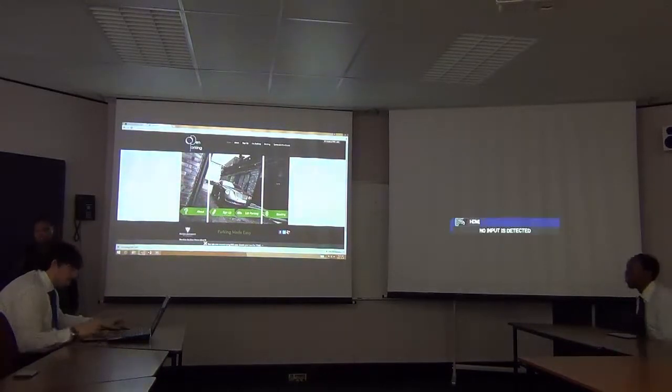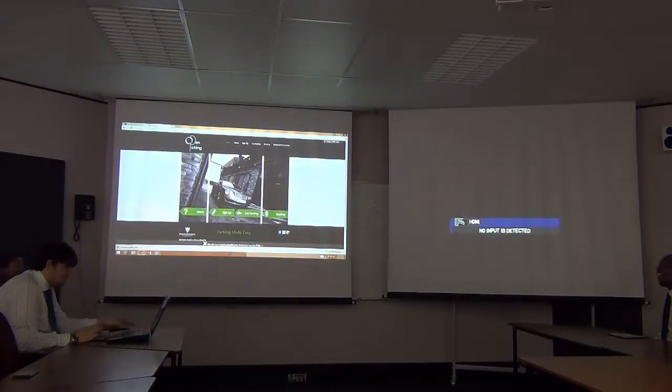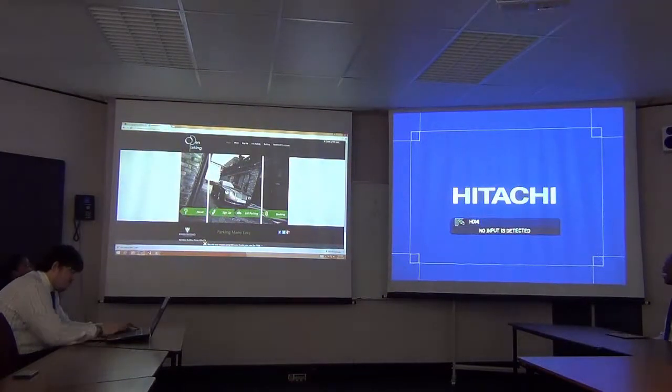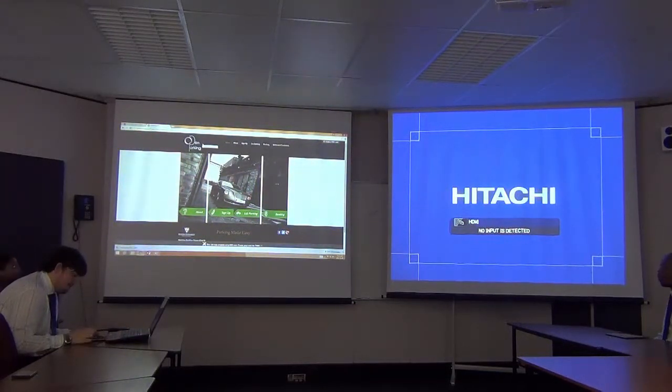Good morning, everyone. I will take you through the user manual. Basically, we decided as a group to create a user manual that is a website. So this is the website. You can see the logo, Open Parking. And the user can navigate through the entire website either using the top menu bar or click on one of these bars there.